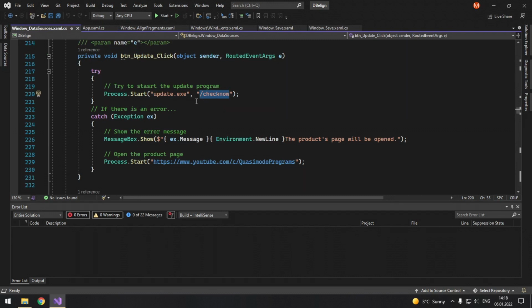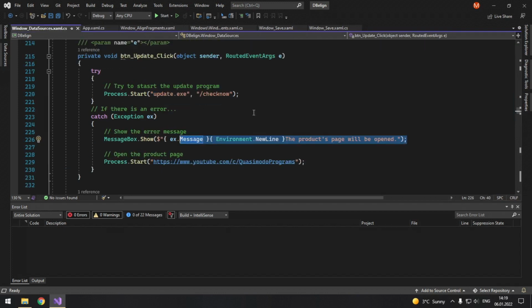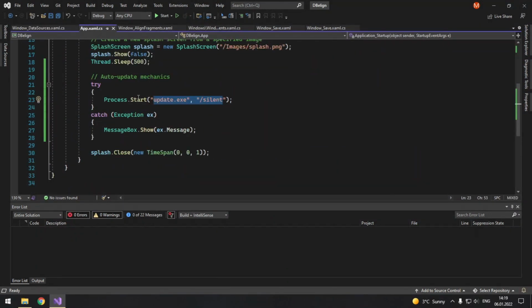Here we will open a window from the program, and it will go to some website, check the version, and if it has a newer version it will suggest to update, and if it cannot open this file it will open the products page. But when we launch our program, we do not want to every time launch a website if we don't have an update program.